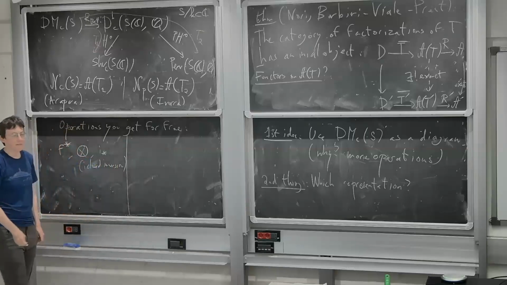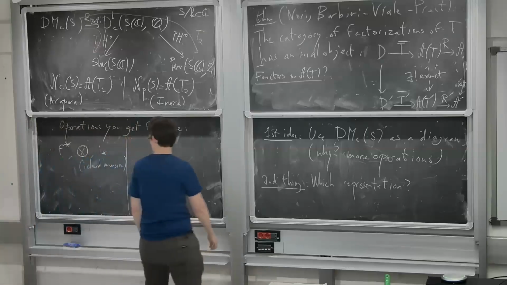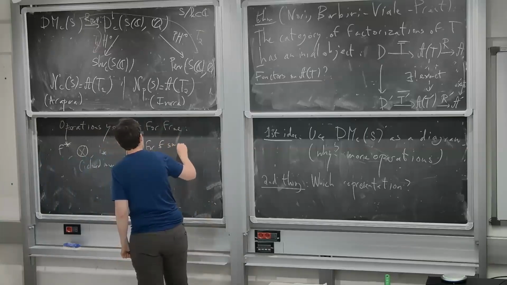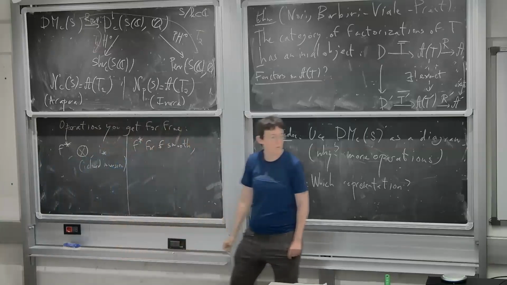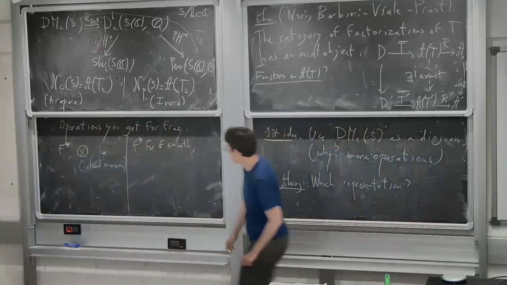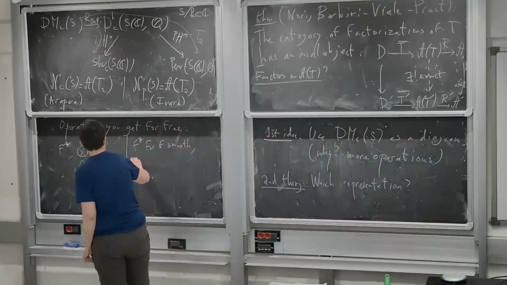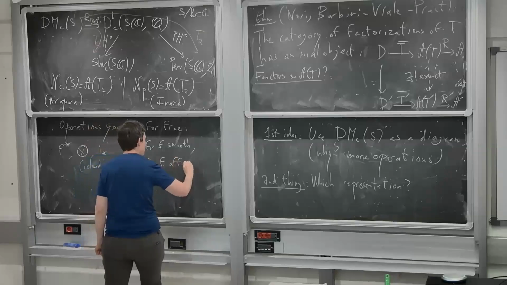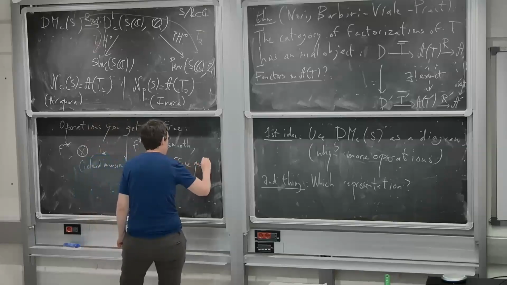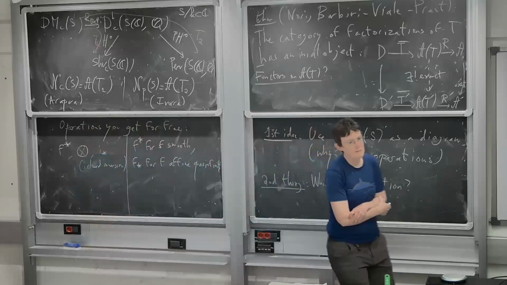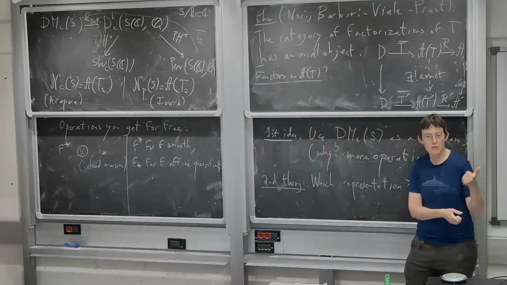And I think, yeah, that's it. On the right-hand side, what do you get for free? So you get f^* for f smooth. I mean, it should be shifted pullback, but if you have shifted pullback, you have pullback. You get f lower star for f affine. So this is a very fancy way to say what the two interesting cases are: finite morphisms and affine open